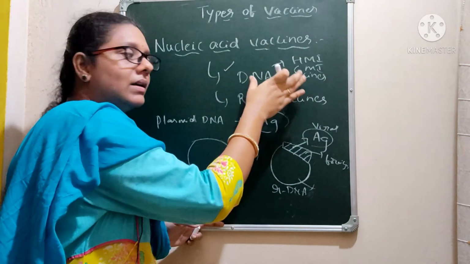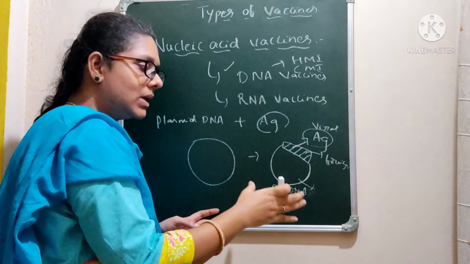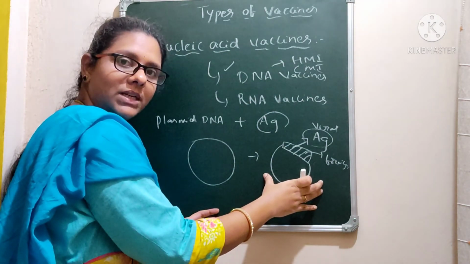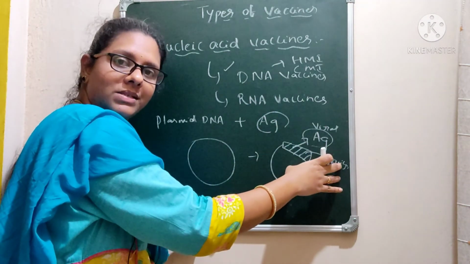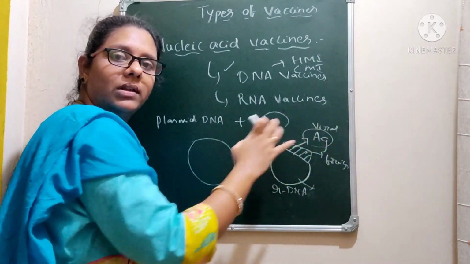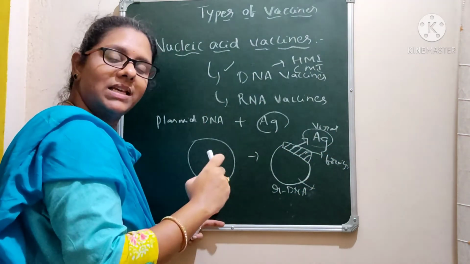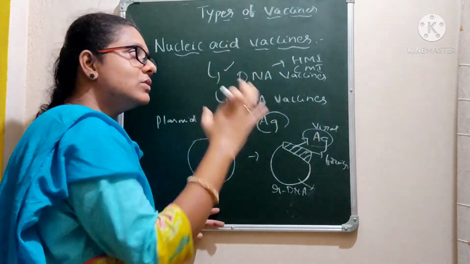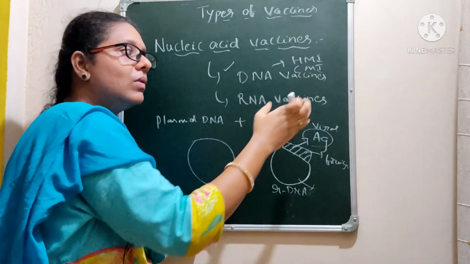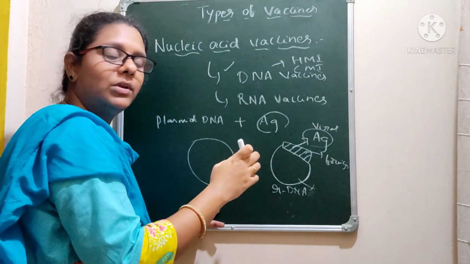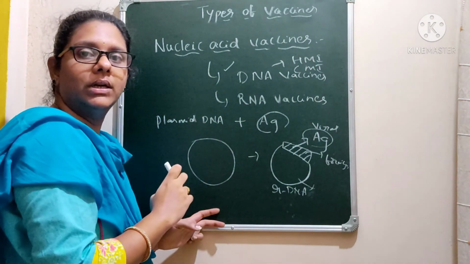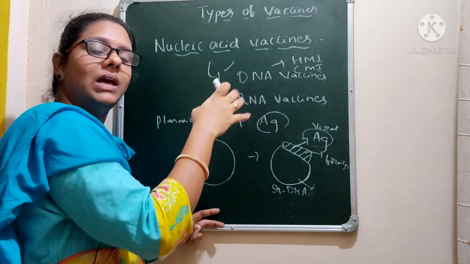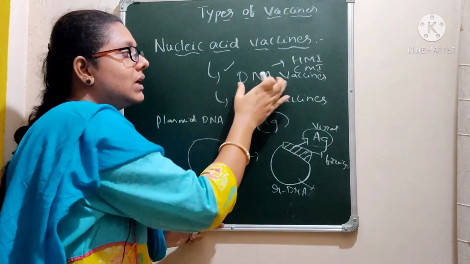In this DNA vaccines, what we do is we make a recombinant DNA molecule. For that reason, we use a plasmid DNA where we are going to insert a foreign gene that codes for the viral antigen, and the muscle cell which takes up this DNA will express the antigen. So by use of this DNA vaccines, we are going to induce both the humoral mediated immunity and the cell mediated immunity. And of course, with the advancements in the technology, again with the help of rDNA technology, we can